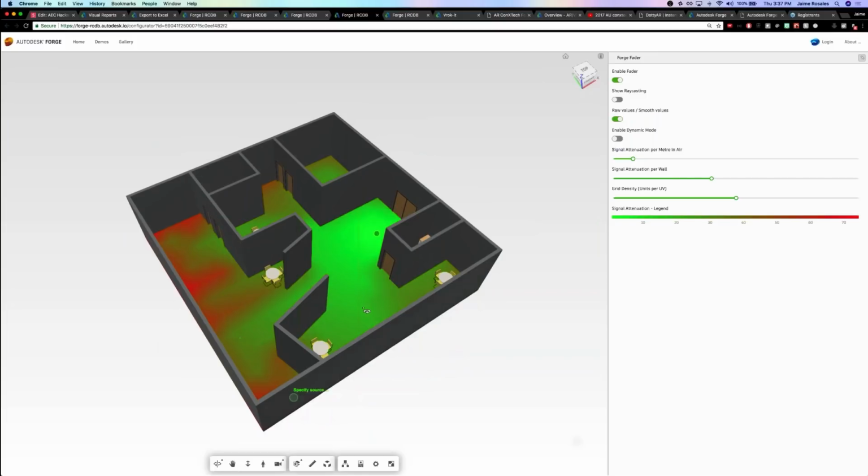So this one gets a good amount of signal wherever it's not colliding with a wall. This signal attenuation per wall can be adjusted. So you see how it's actually starting to reduce. And then we can also do some kind of dynamic mode. So instead of pressing it every time, we can just start moving around the entire model in order to get a different visualization of what's going to be our best spot in order to place that router that we're trying to set up. Okay,